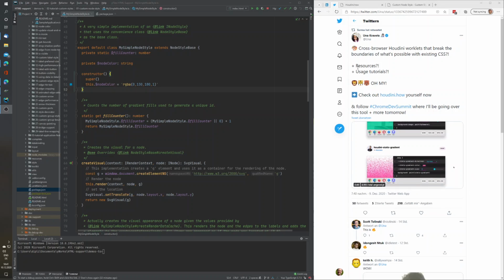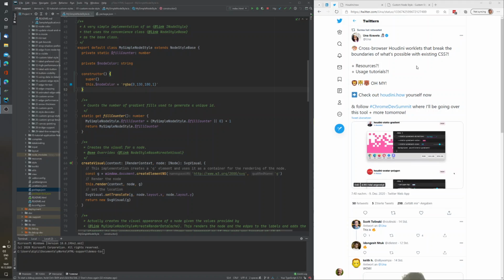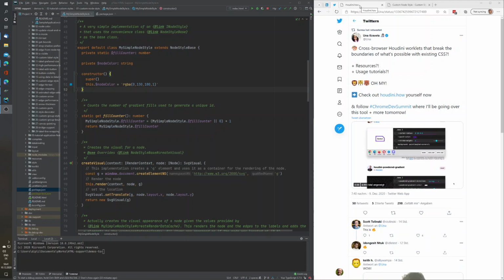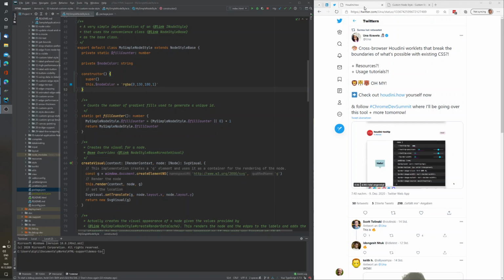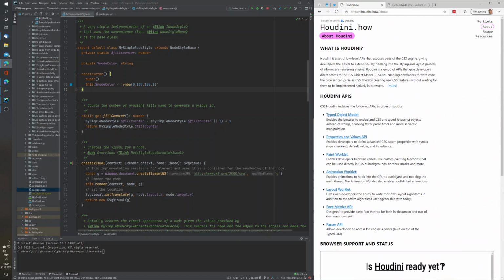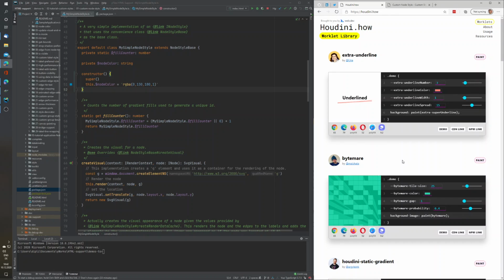I just saw this awesome retweet by Surma about these cross-browser Houdini worklets. I have never used them before, but I was immediately intrigued by what you can do there. So if you go to Houdini How, you will see that this is a tool to basically write your own CSS rendering code and then use CSS to use JavaScript to render backgrounds and